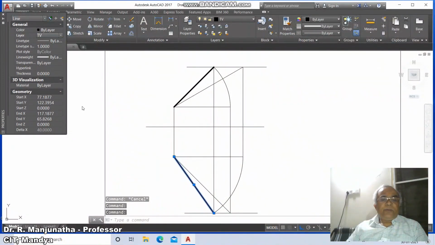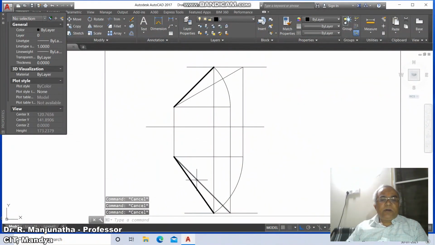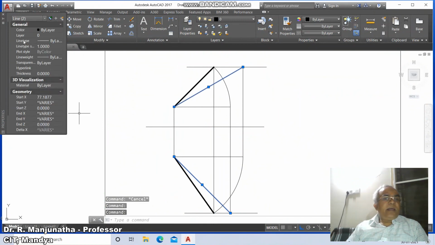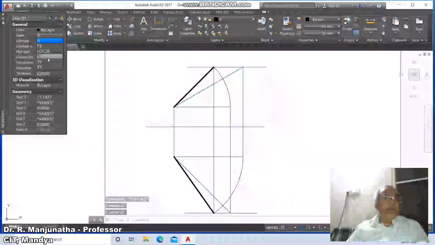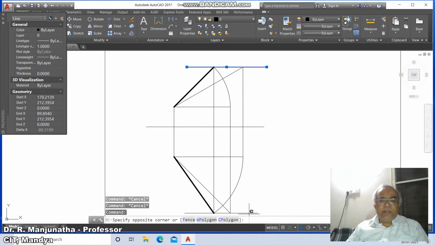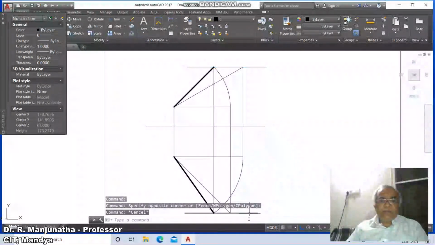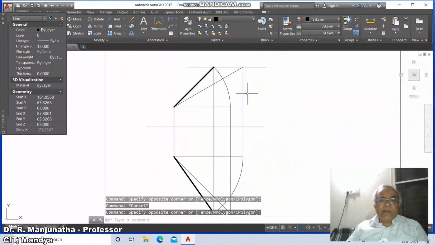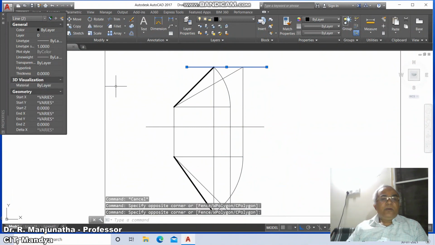You click on top view, and again you click on this and make this layer the true length line, type true length. Then this line and this line, you make those the locus line.